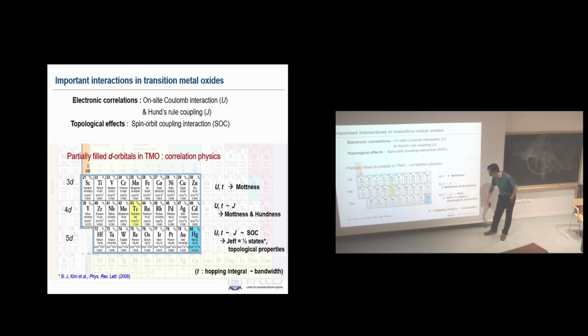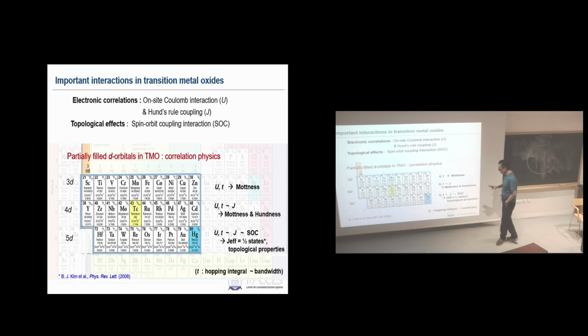And about 15 years ago, our group was the first group who proposed that in strontium iridate, the J effective 1/2 state will play a very important role. After that, people started looking at the importance of the spin-orbit coupling in 5D transition metal oxide, and they tried to see what kind of role it will play. And nowadays, this topological effect has become a paradigm shift during the last two decades.